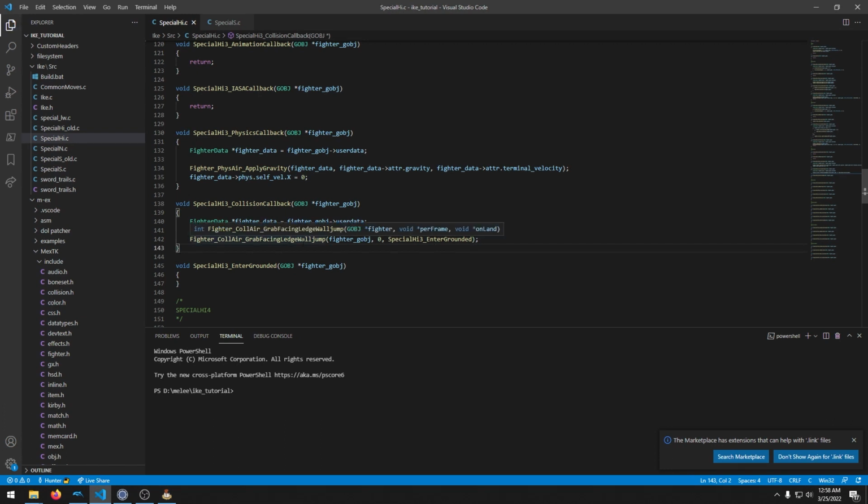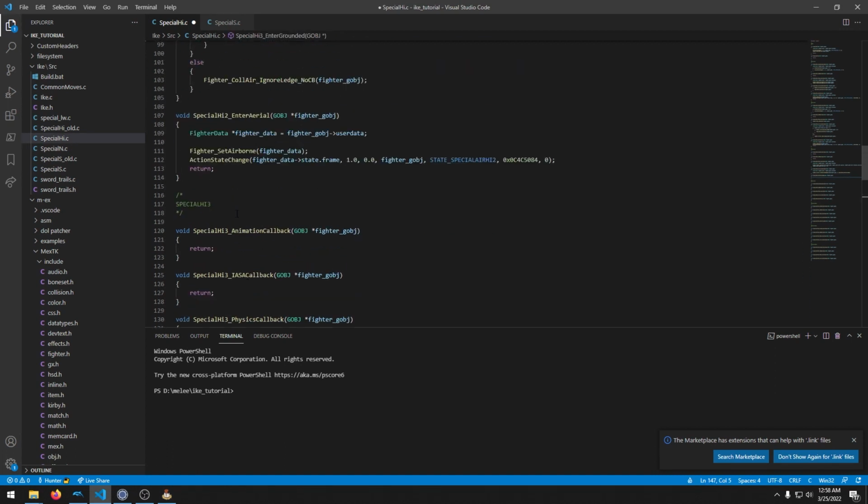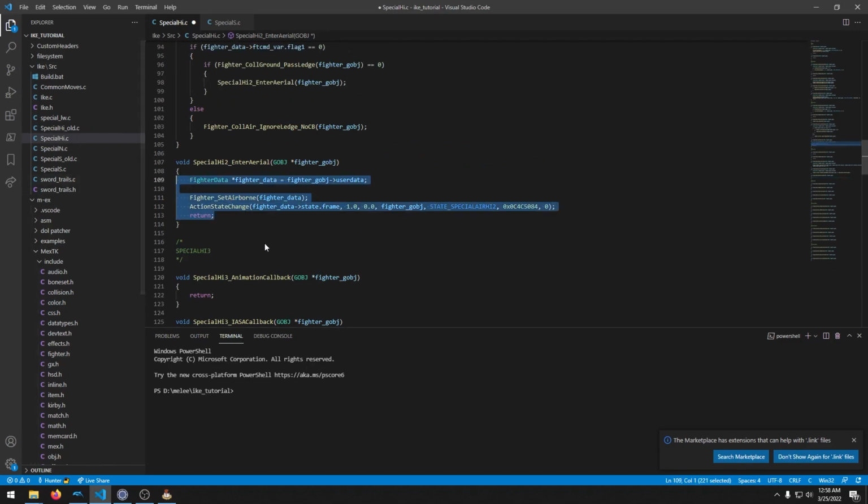All right, so that one is pretty simple. And if you use this collision callback, your fighter can grab the ledge, and also they can wall jump, if they're able to wall jump. If not, they won't be able to wall jump. So the enter grounded is going to look a lot like these,